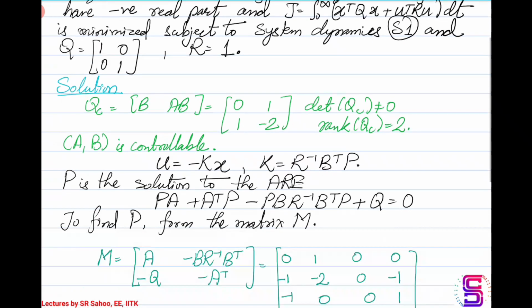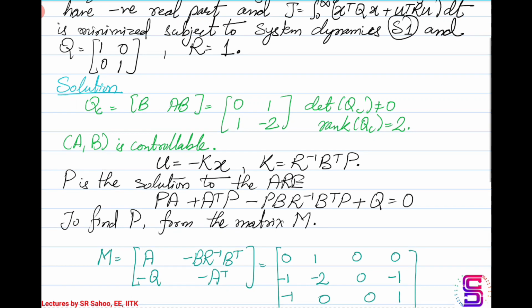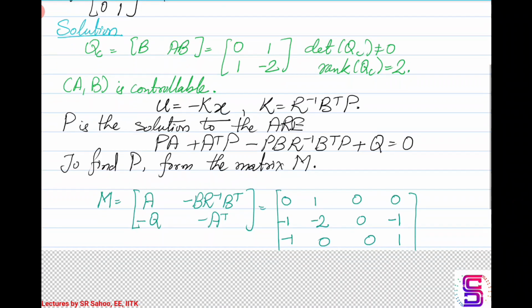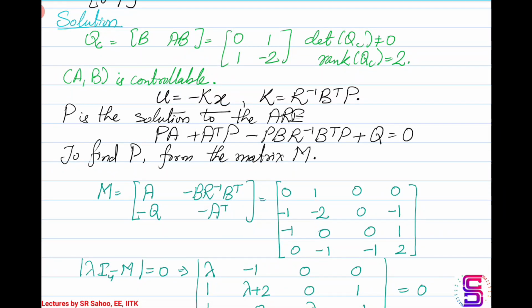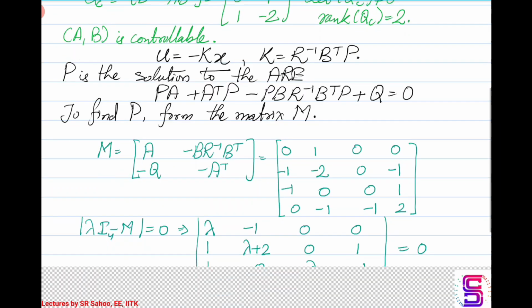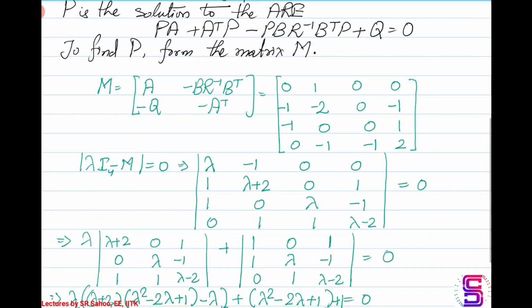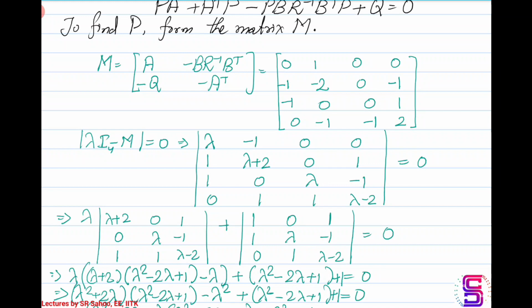Now the state feedback controller that we are intending to build is of the form u equal to minus Kx. Okay, so K here will be R inverse B transpose P, and P is a solution to the algebraic Riccati equation shown here, where A, B, Q, R have already been given. A and B come from the system matrix, Q and R come from the cost function. So if you recall the steps for solving for P from the algebraic Riccati equation, we form an M matrix out of the matrices A, B, Q and R as shown here. So this is the M matrix that I get.